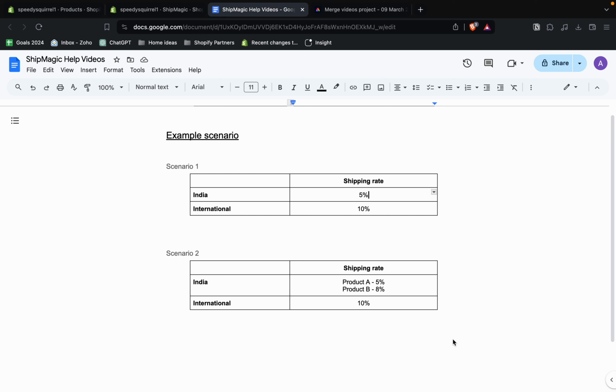So in this video, we will see how we can set up percentage based shipping rates in ShipMagic app. We will have a look at two example scenarios in this video. So in the first scenario, we have two shipping zones, India and international, and the rate for the shipping for